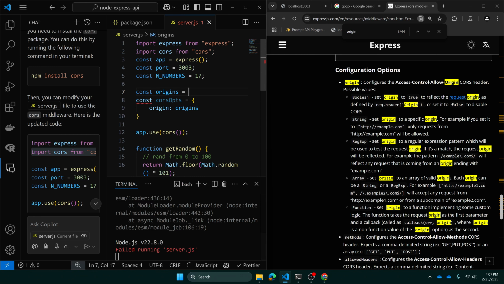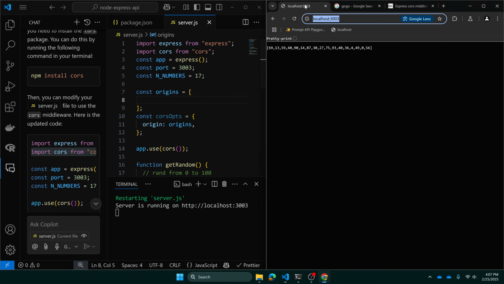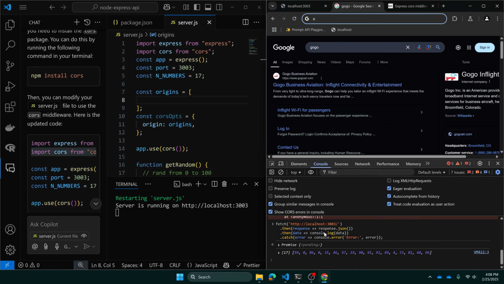Our origins can be an array of regular expressions or strings. So let's say by default the null origin is going to be pretty permissive and let us view this because that's just how things are working by default. But when we go to any actual website, we're going to have that be a problem. So if we were to, let's say, restrict this very specifically to only localhost